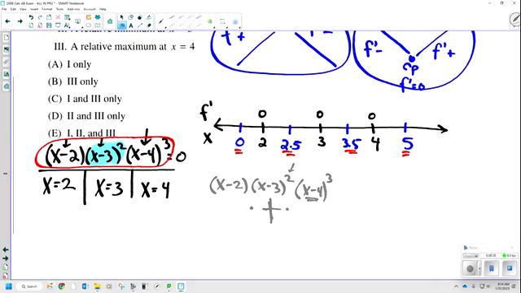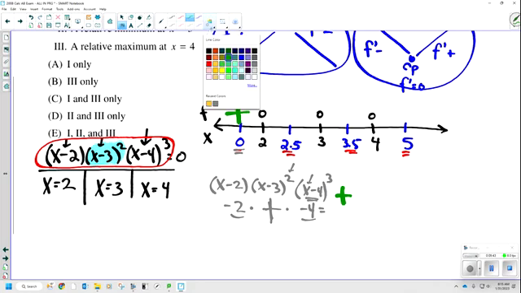So let's start with 0. 0 minus 2 is negative 2. I have a positive in the middle. And 0 minus 4 in the end here is negative 4. So if I multiply a negative times a negative, that actually ends up being a positive. So on this side, I've got a positive slope. All right? Let's check